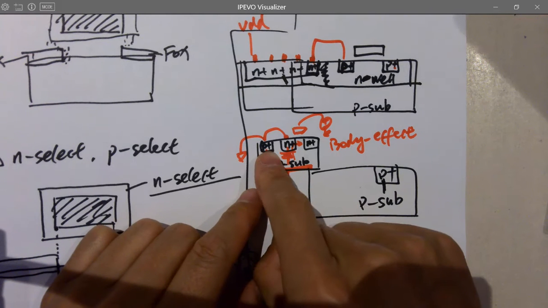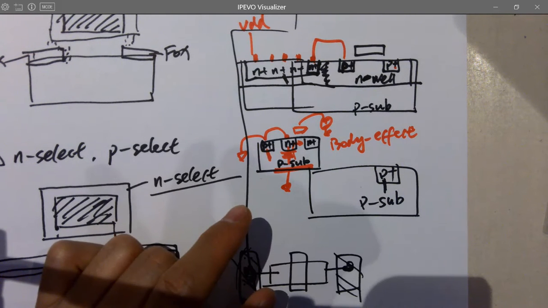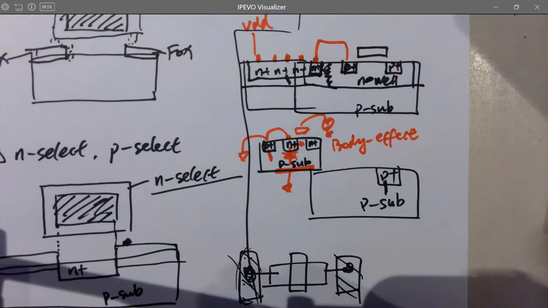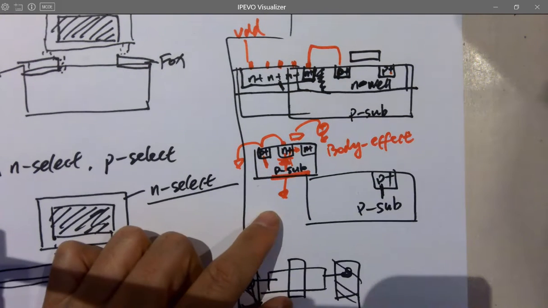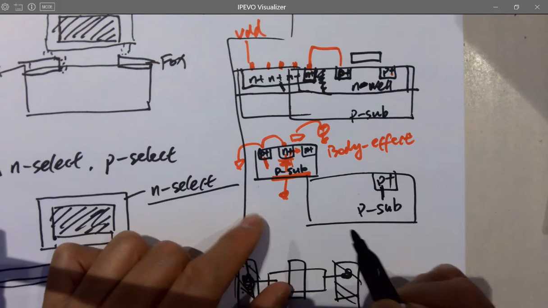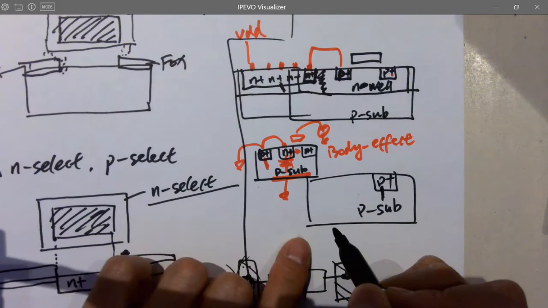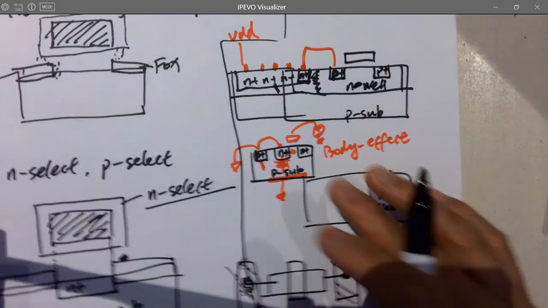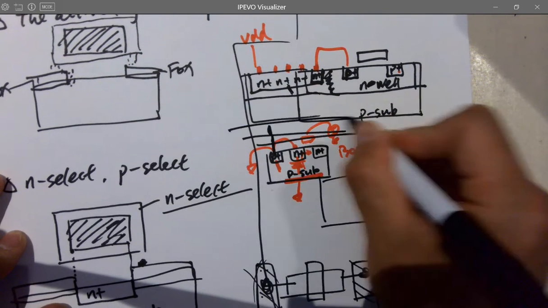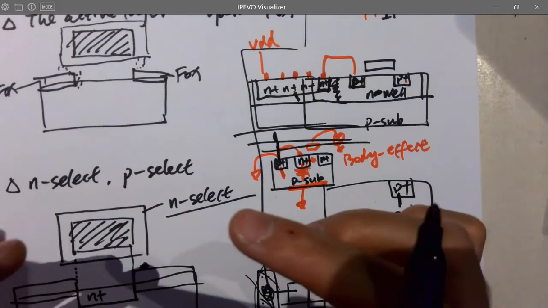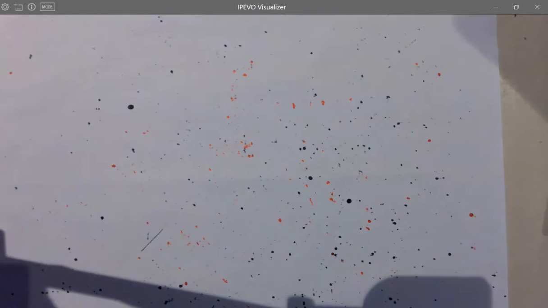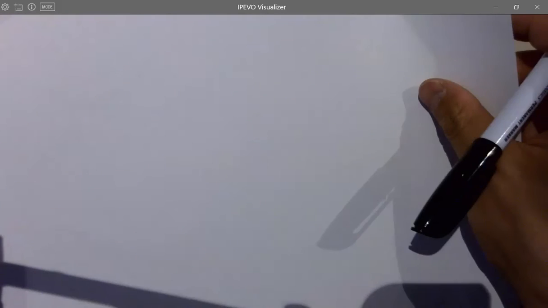You have to get a P plus over there. You have to dope it with a P plus, and you know that the P plus is the same material as the P sub, very similar material, so they are shorted together. And then you connect this P plus to the ground. How? Yeah, metal 1, and then metal 2, and then metal 3. And then on the top of the wafer, after all these metal layers,